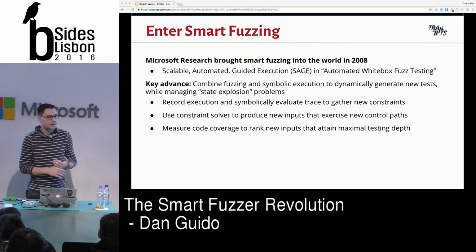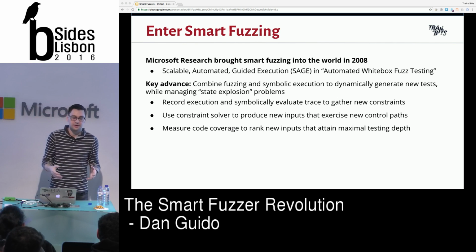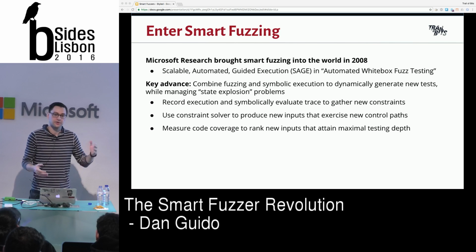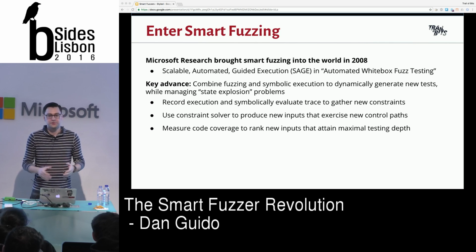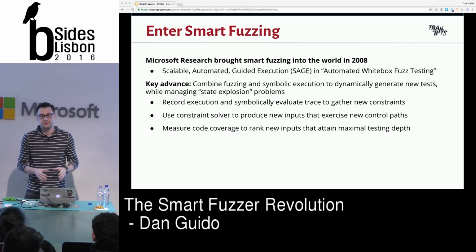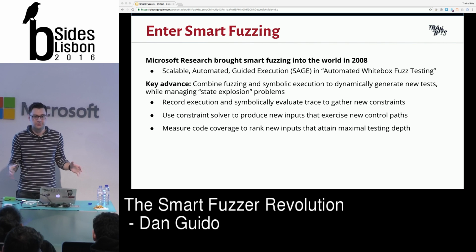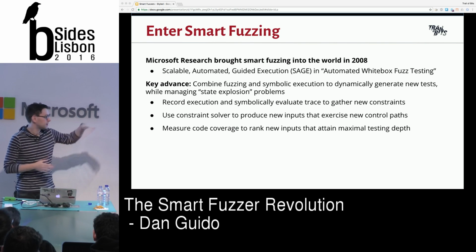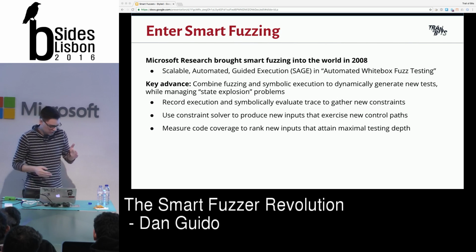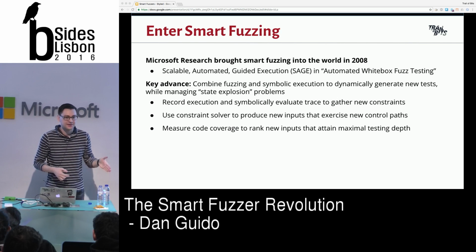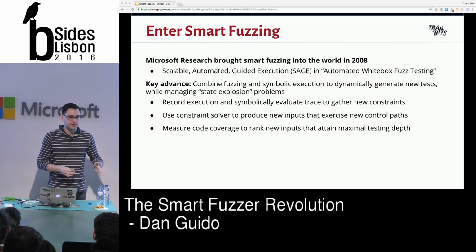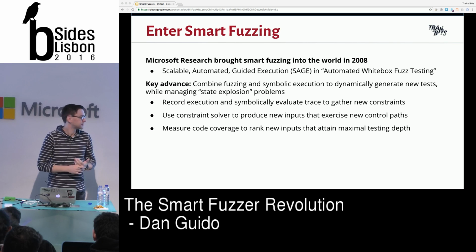And then they rank all the different new inputs that they've generated with the constraint solver to figure out which of them are actually going to be most effective at gaining the most code coverage. So the combination of these 2 techniques is that they can drill into a program significantly deeper with more precision than a random fuzzer would be able to. And SAGE was